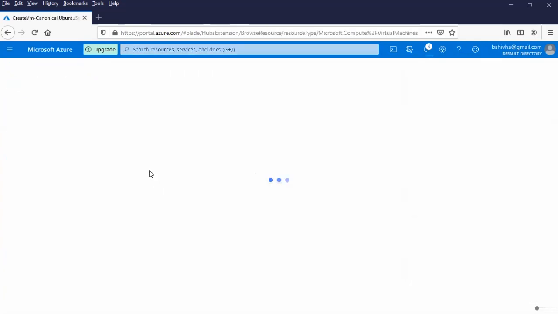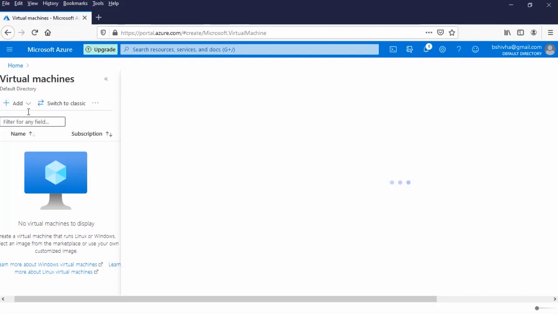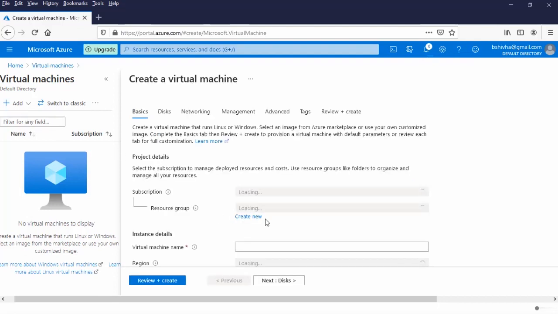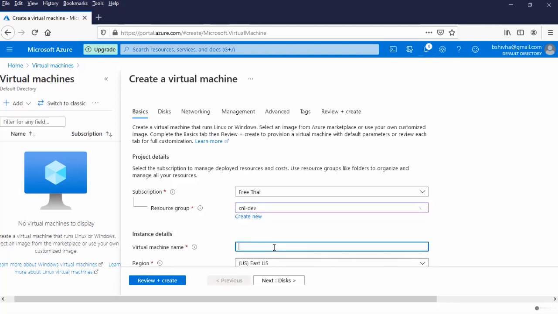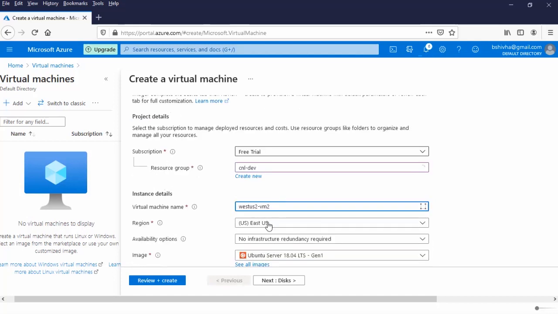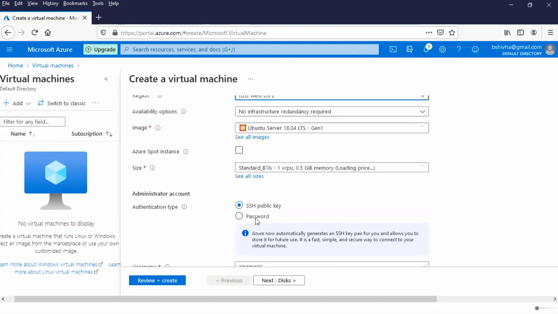So going with virtual machines, add virtual machine. So I'm just naming it, say West US 2 VM2. So region I'm selecting West US 2. Come down.